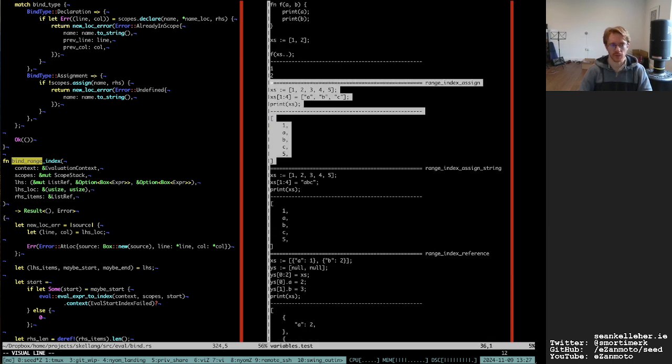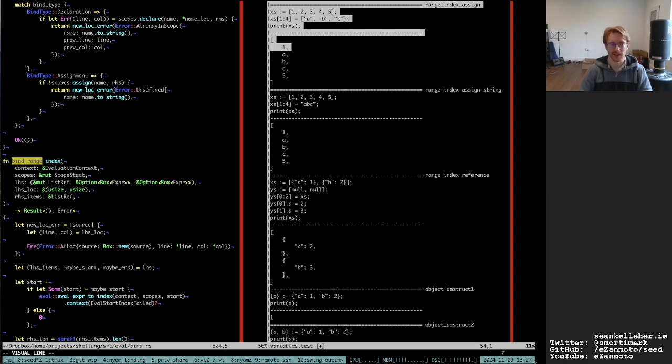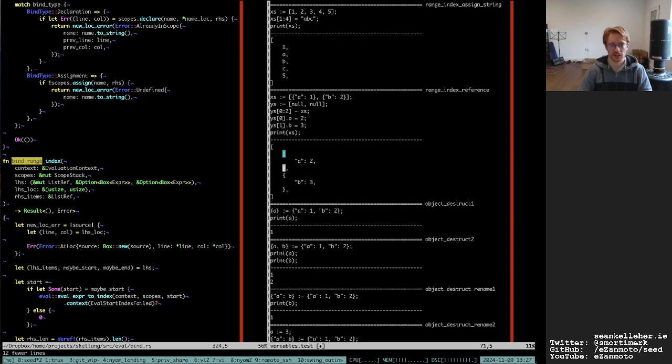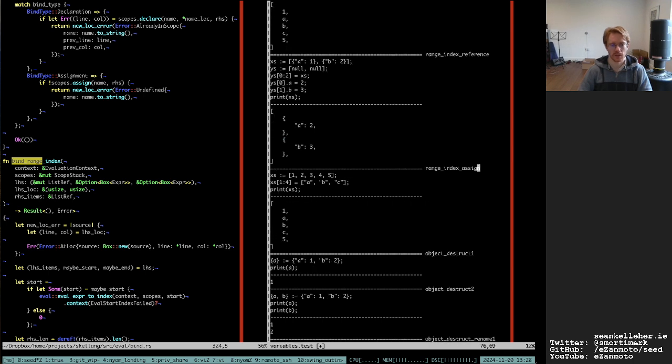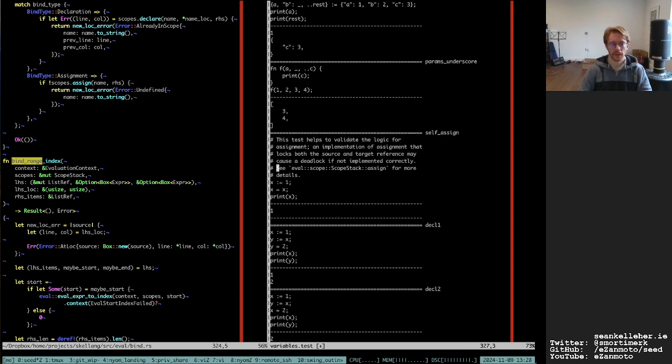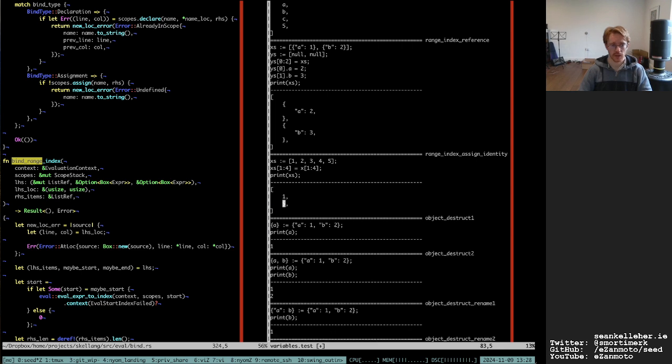Okay, so that's how it's formatted. I actually couldn't remember how it was implemented in this language. This should essentially be a no-op, but I have a feeling that